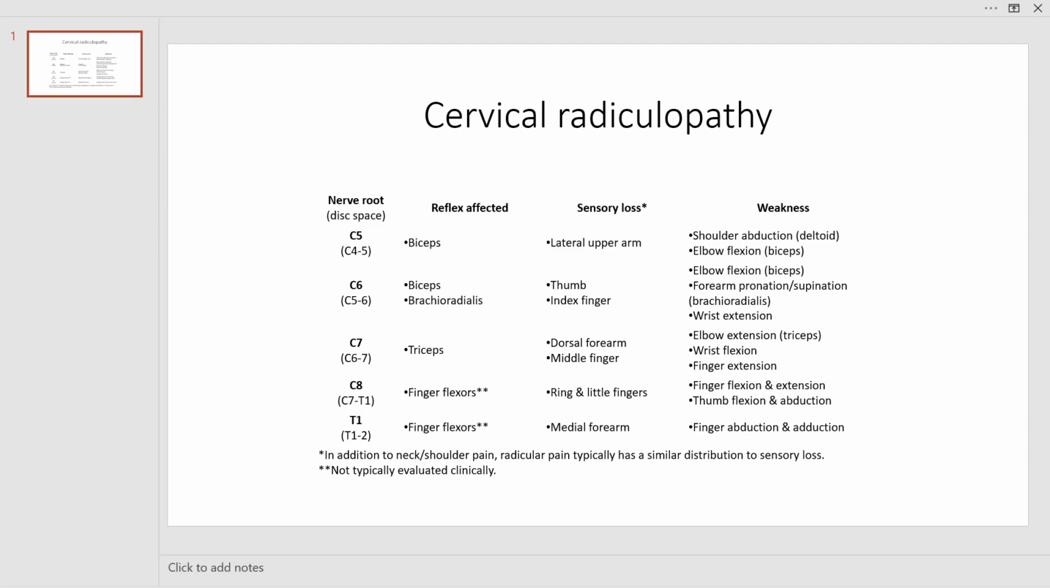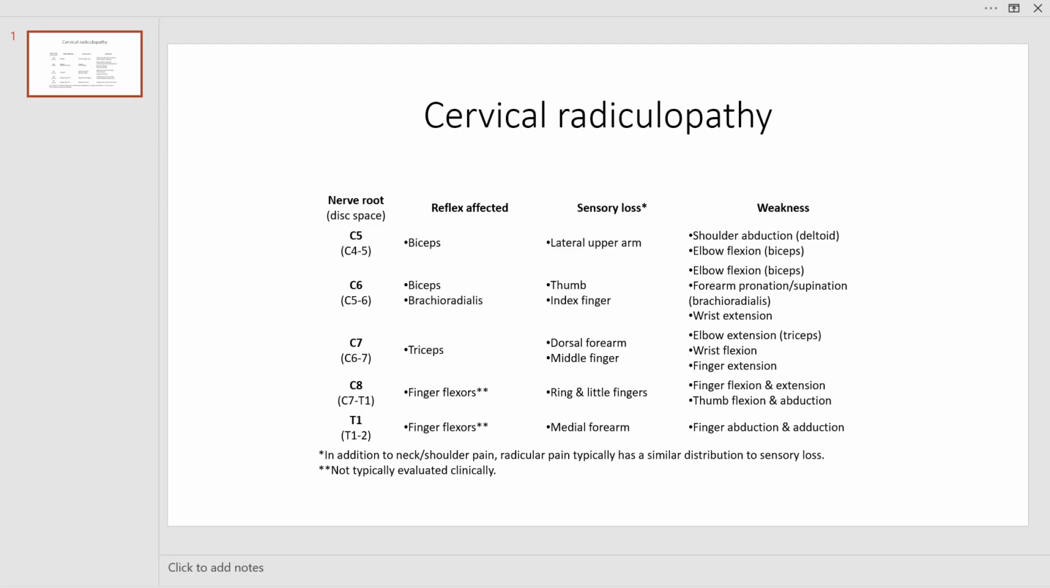These three are done by C6. And C7 has triceps, reflex affected is triceps, and the dermatome, that means the sensory loss, would be middle dorsal forearm and middle finger. And in here, there is the opposite of C6, that means elbow extension,